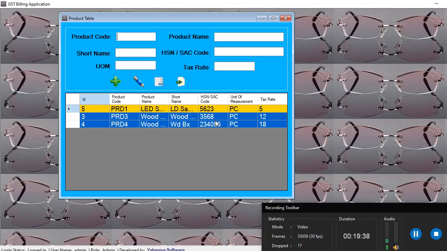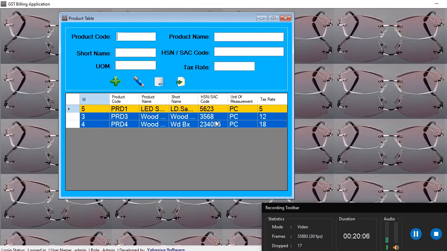Upon entering this product code in the sales or purchase form, you can get the product's name, HSN code, unit of measurement and tax rate. Previously we entered them manually. That took a lot of time. So that time consumption is reduced because of introducing this product table.